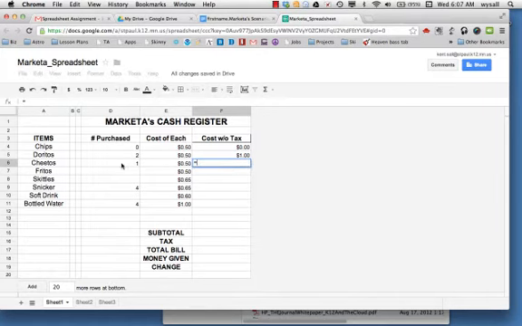Equals number of Cheetos times cost of the Cheetos, enter, equals number of the Fritos times cost of the Fritos, equals number of the Skittles times cost of the Skittles, enter, equals Snickers times the cost of the Snickers, equals number of soft drinks times the cost of the soft drinks, and the last one equals bottled water times cost of bottled water. Now you can see over here it's figured out some totals for us for the items